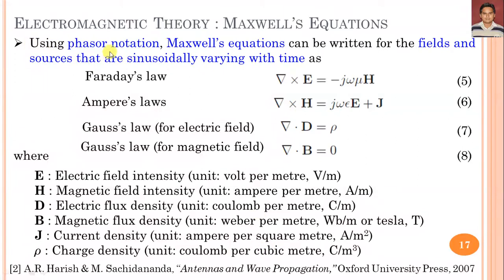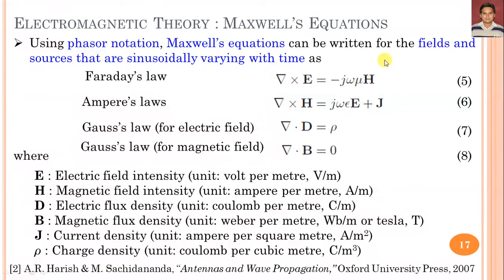So using the phasor notation, the Maxwell equations can be written for fields and sources that are sinusoidally varying with time. It means for the electric and magnetic fields, by using certain laws, we can define the Maxwell equations when considering the time harmonic factor e to the power j omega t. So these are the